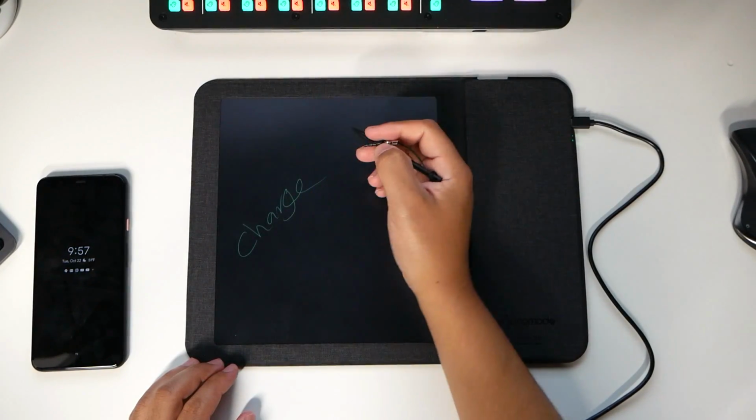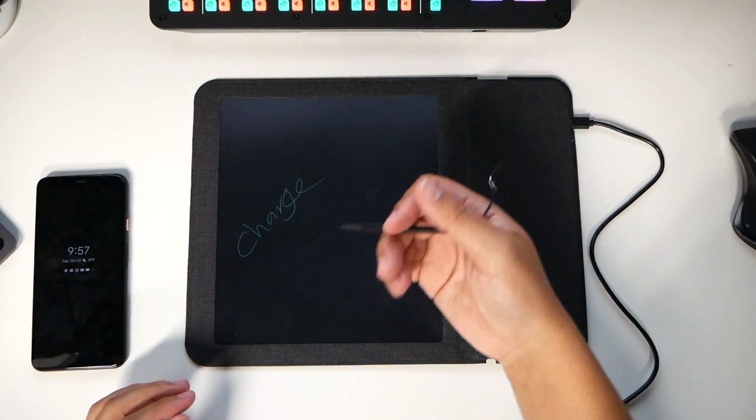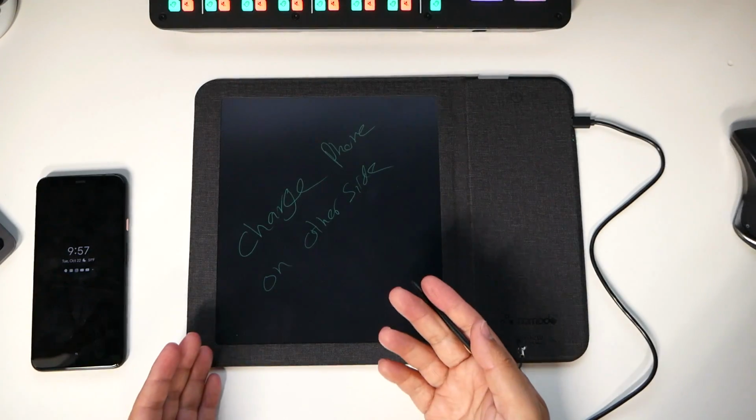Charge. Jeez, I never write, guys. Everything's typing and texting, and I hardly ever write anything. Phone on other side. So I'm like mixing cursive and